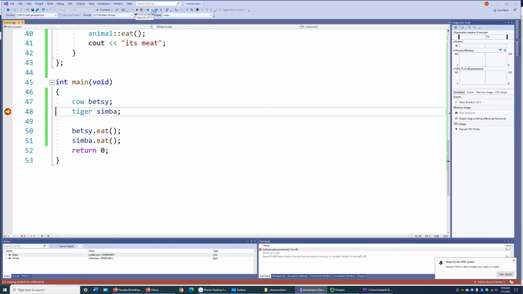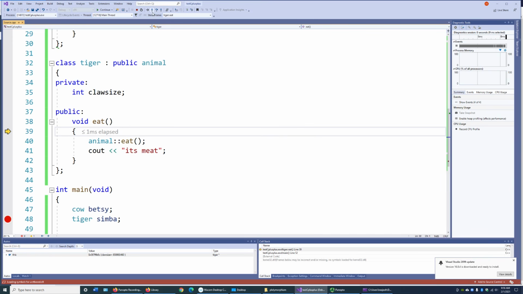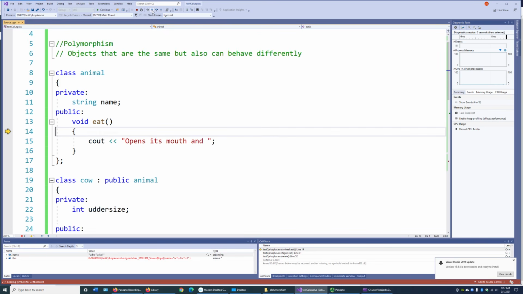Okay, let's do a step into. Oh, not there. There we go. Step into here where Simba's going to eat. Okay, so our tiger is going to eat, and our tiger is going to open, our lion, whatever. Our lion or tiger is going to open its mouth, so it's going to behave the same. Actually, objects that are the same